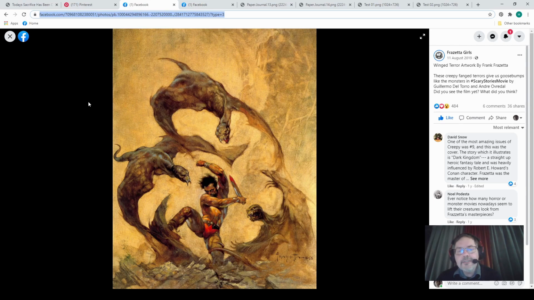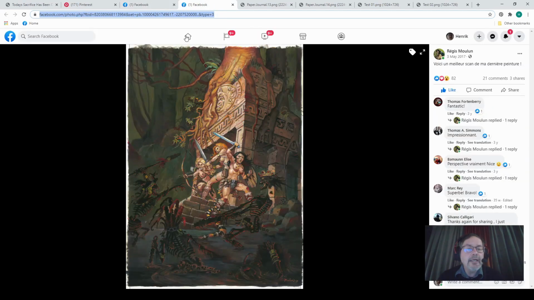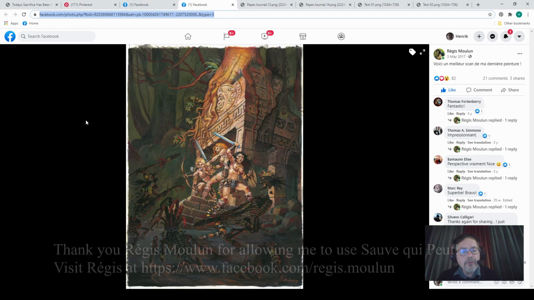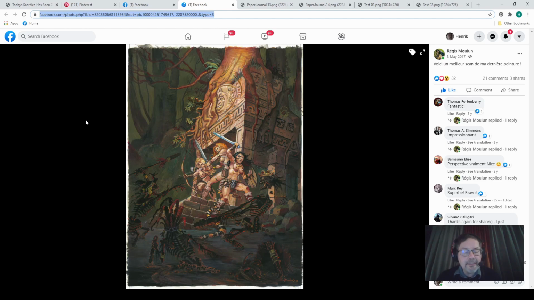So I decided to try and do something with circular composition, but I didn't want to copy Frazetta. While I looked through pictures from other artists, one picture that caught my eye was this one by Régis Moulun. And I got enamored by the shape of the building, the steps up and the angle downward looking up. So I started sketching a bit, and I admit